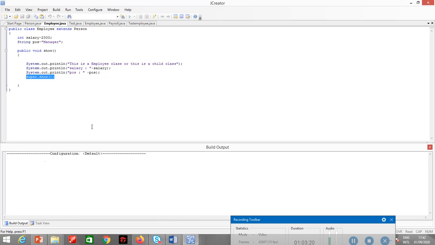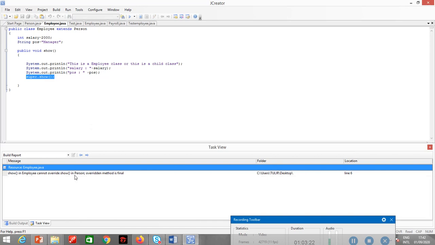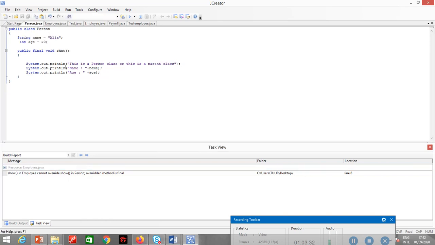When I compile it, I will get a compilation error because employee cannot override the show method in person, because that method is declared as final. So if you want that your child class should not be able to override the method of the person class, then you need to declare the method as final.